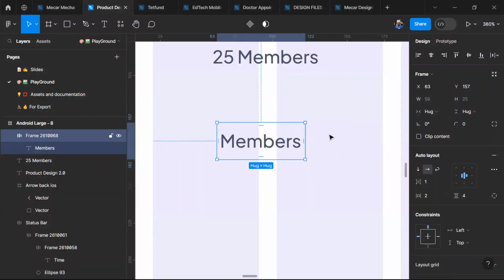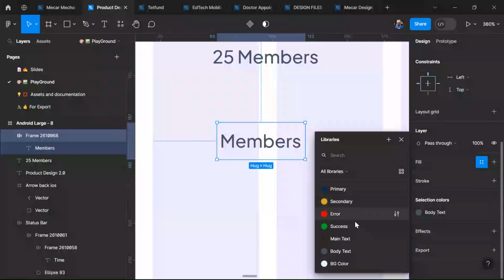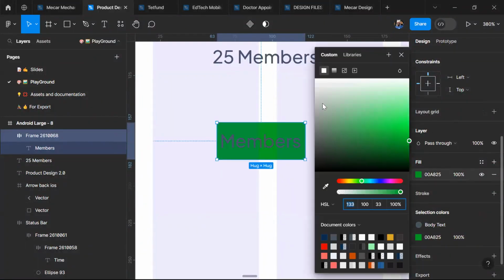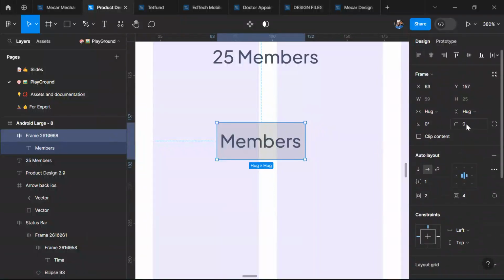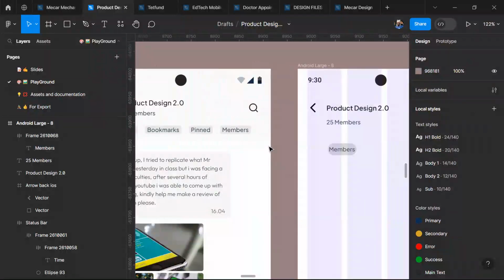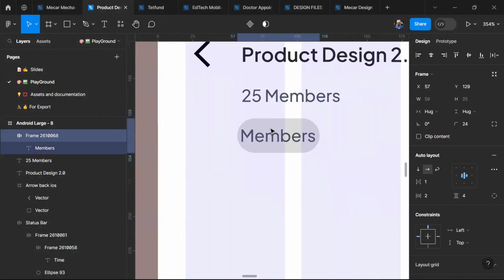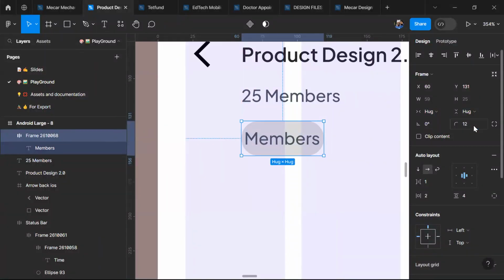So let's now say, okay, this container, I want to add color to it. We're going to add something like this, very light. Then we add corner radius of 24. Okay, now you can see this one corner radius is not up to 24. So let's use corner radius of 12. 12 is too much. Let's say 4. 8. I think 4 is fine. 4 is fine. But as you can see, if I have the corner radius of 24 like I did initially,